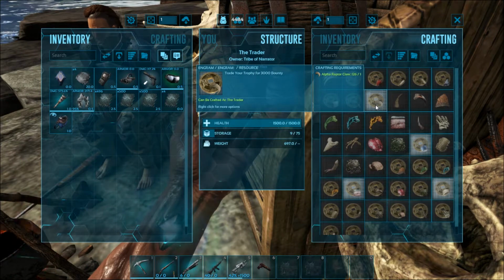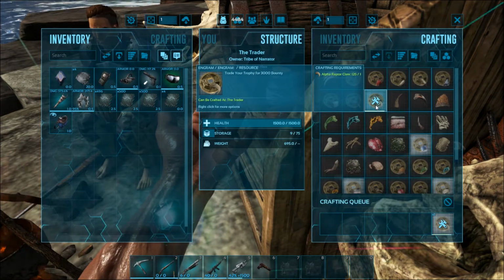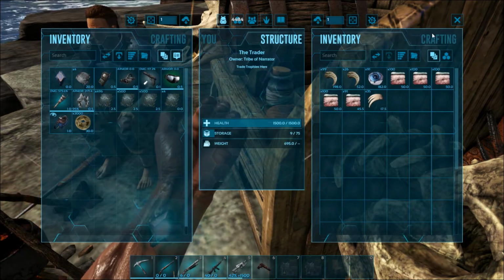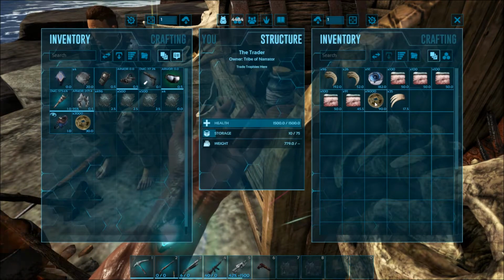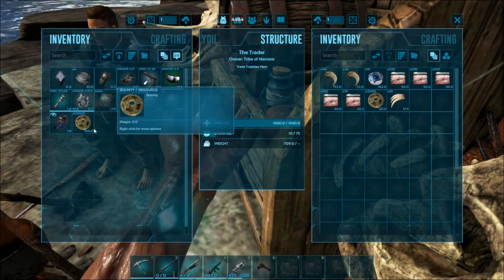So you can see here that you trade in 1 raptor claw, and it's going to get you 300 bounty. So just craft it up. And then we come over here, or sorry, 3,000, not 300, and you get 3,000 bounty. And we just do that a couple more times. Grab a couple more bounty here, and then we can pull those out like that,